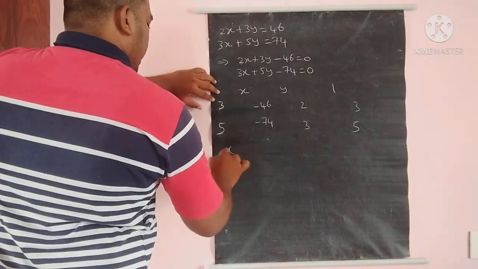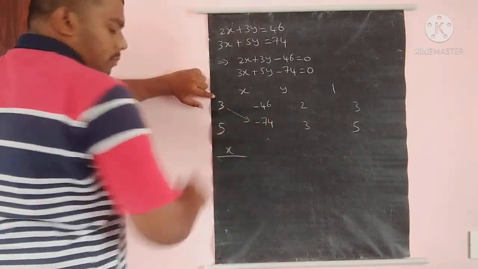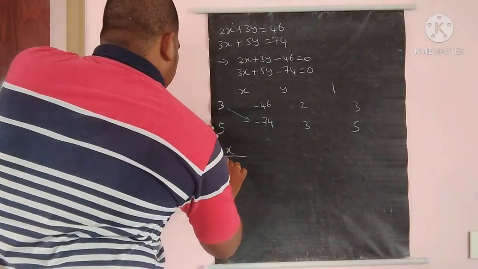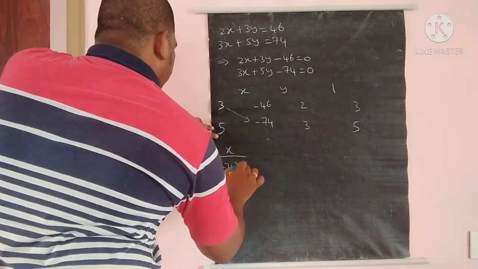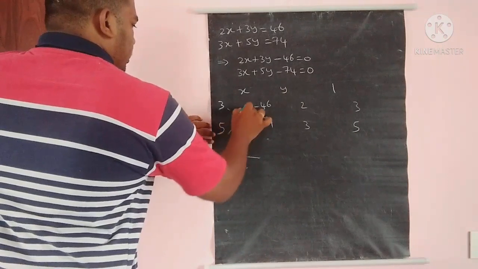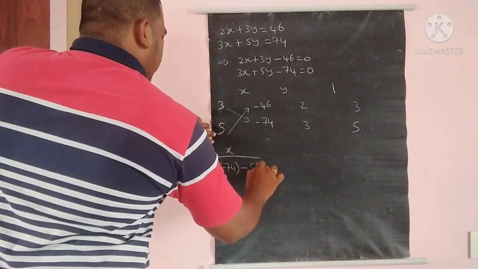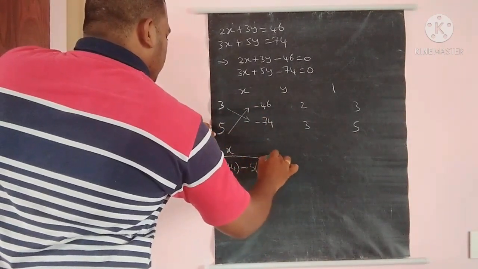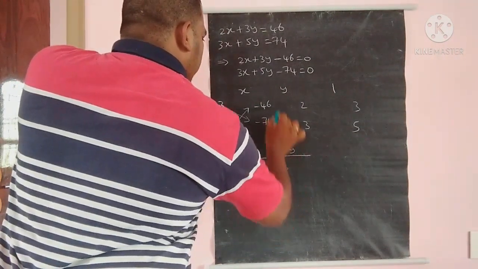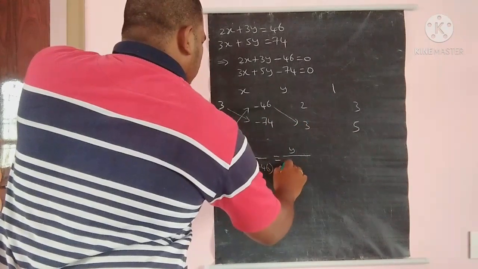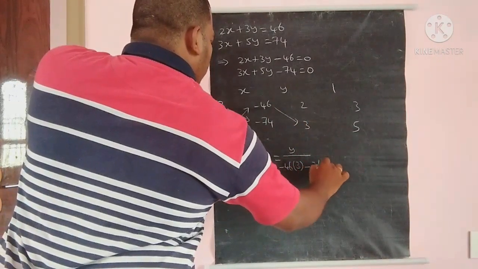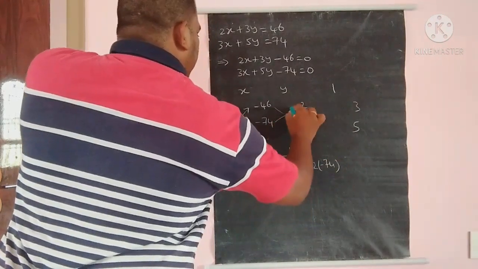As I said, x by 3 into minus 74, and immediately put negatives here, minus, then take this, 5 into minus 46, equals y by minus 46 into 3 minus 2 into minus 74, or minus 74 into 2,